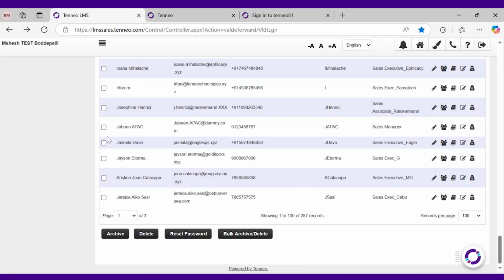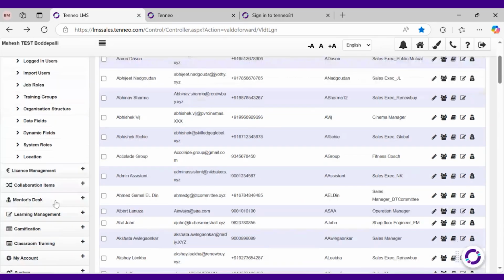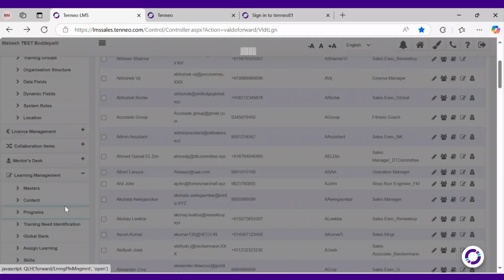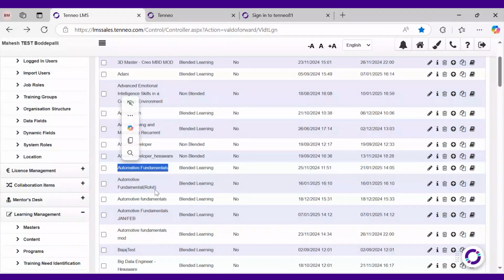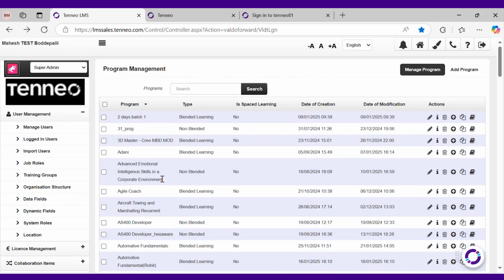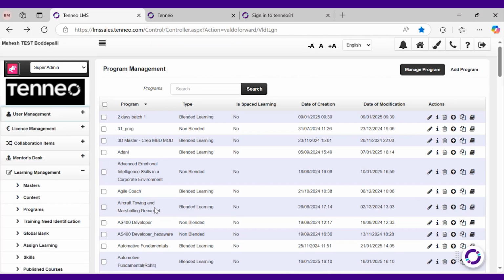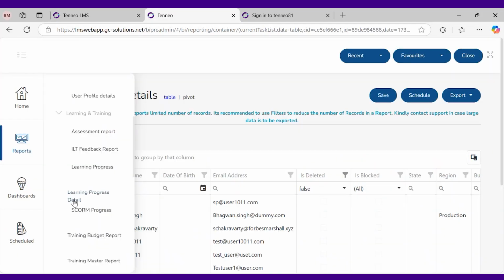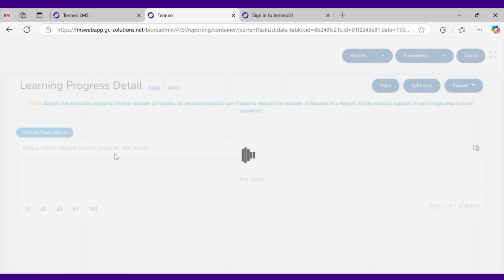If I go to the learning management, here let's take, I have created a program called automotive fundamentals, and I want to know how many people have completed this particular module, how many started, not started, all that data I need. So whenever you want the data of completion of courses or programs, you can go to this particular learning progress detail report. 80% of your entire analysis will be helped by this report. You can simply click on this learning progress detail report,